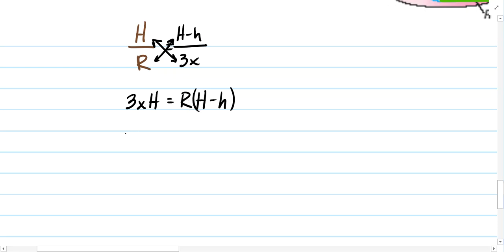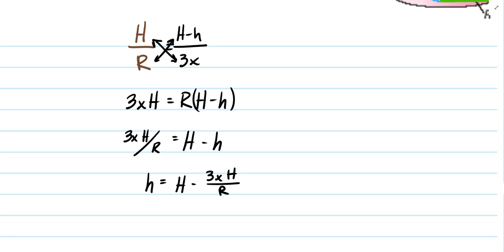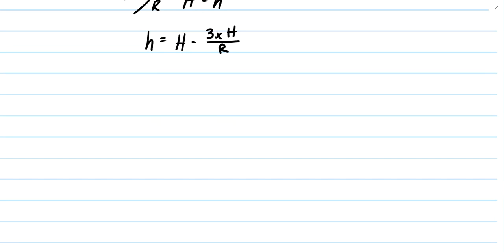I can divide both sides by capital R and now have 3x times capital H divided by capital R is equal to capital H minus lowercase h. I could add lowercase h to both sides and then subtract this fraction to the right-hand side to see that h lowercase is equal to capital H minus the fraction 3xH over capital R. And by creating a common denominator, I can combine these two fractions. And we have h equals the fraction